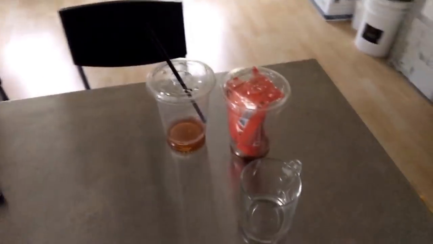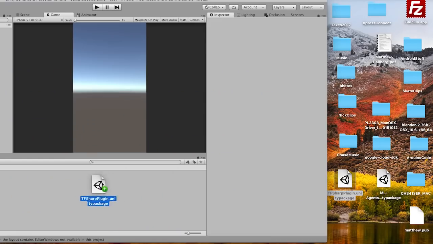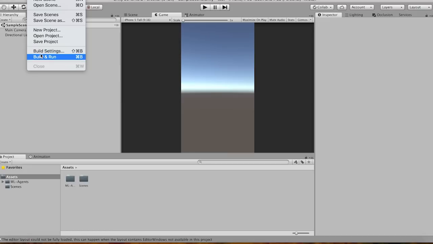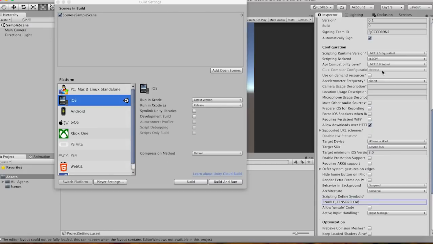So let's go over how to get that working at a high level. First, you need the TensorFlow Sharp plugin from here. Once you download that, you can simply drag it into your assets folder. In the player settings, add enable_TensorFlow to your scripting defined symbols and change the scripting runtime version to .NET 4.x